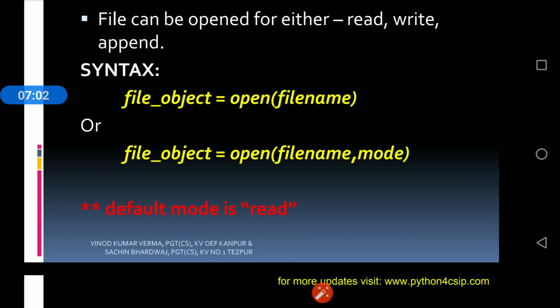So you have seen open method. You have to create an object of the file. An object is just a variable which stores the address of the file, where the file is stored in the disk. So that address, that reference will be assigned to the file object. So a file object always contains the address. That is why it is known as an object. So an object